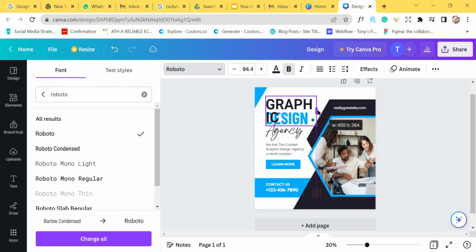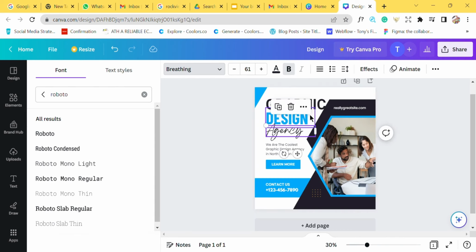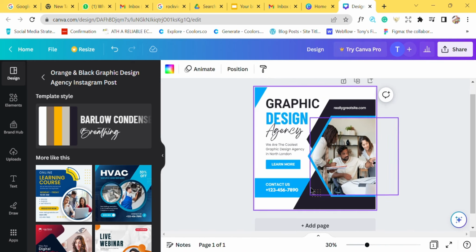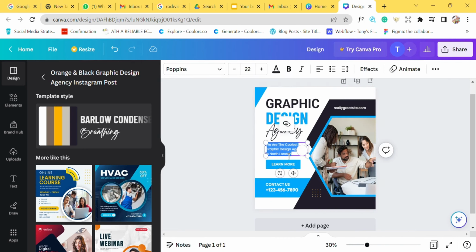It has affected my design, so I can drag to expand it more, or I might decide to reduce the font size. You can see I'm reducing the font size from here, from this place. It has reduced, right? So any other thing I want to type, this is a tutorial